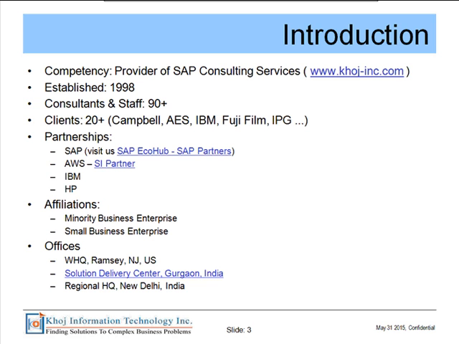So Khoj is an SAP consulting provider and an SAP services partner as part of the Partner Edge program as well. Providing SAP technical consulting services is our core competency. Established in 1998, we have close to 90 plus consulting and staff resources. We have 20 plus key clients where the bulk of our work gets done, and they're all Fortune 500 companies. We are a partner with SAP, and a partner with Amazon Web Services,